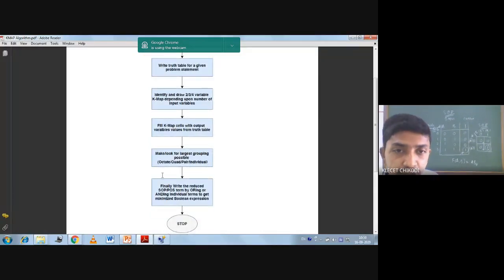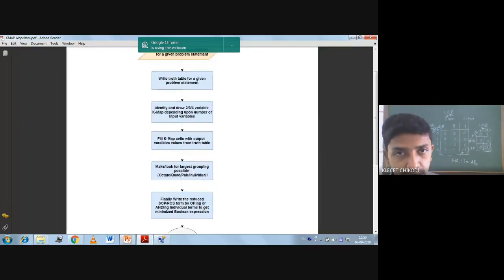And after that, if there are many terms available, like individual term, pair, quad, like that, there is one more step. That is finally write the reduced SOP or POS term by ORing in case of SOP, and you have to AND those in case of POS, the individual terms, to get the minimized Boolean expression.